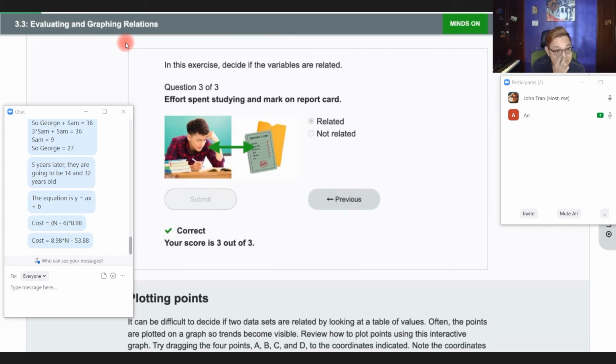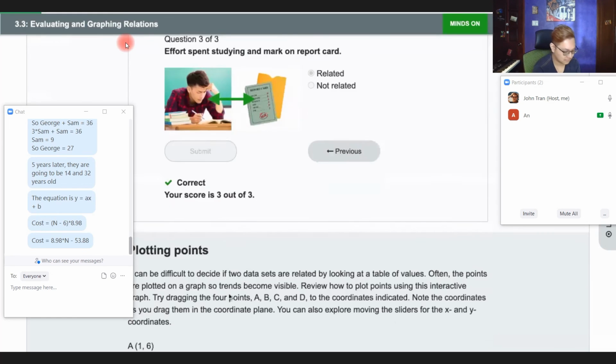Anyway, plotting points. So did you spend more time at home, like solving problems and things like that? Yeah. Okay, you did. I can see that because you are getting faster and faster now. You're getting more confident now. Good. Right, so